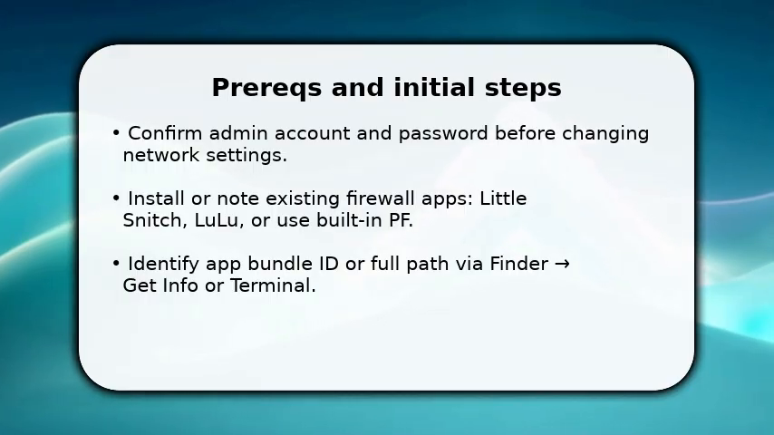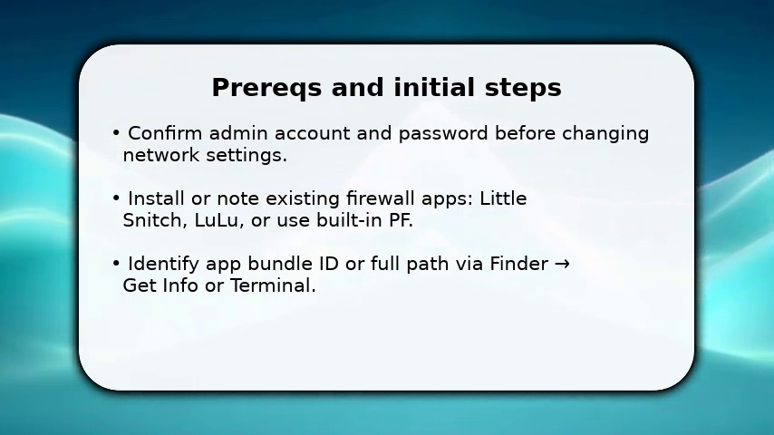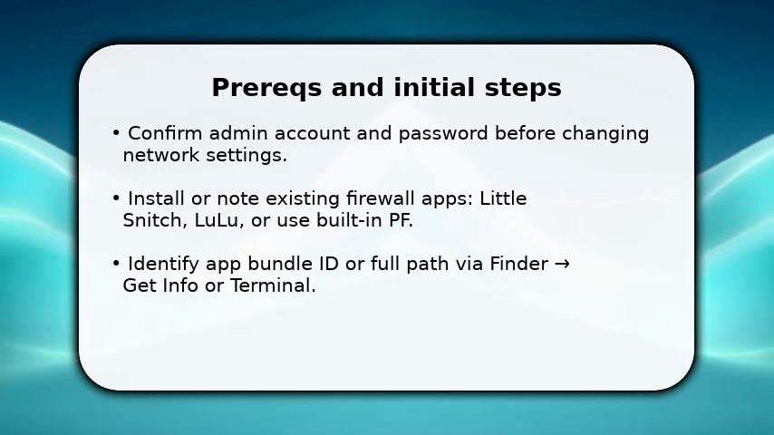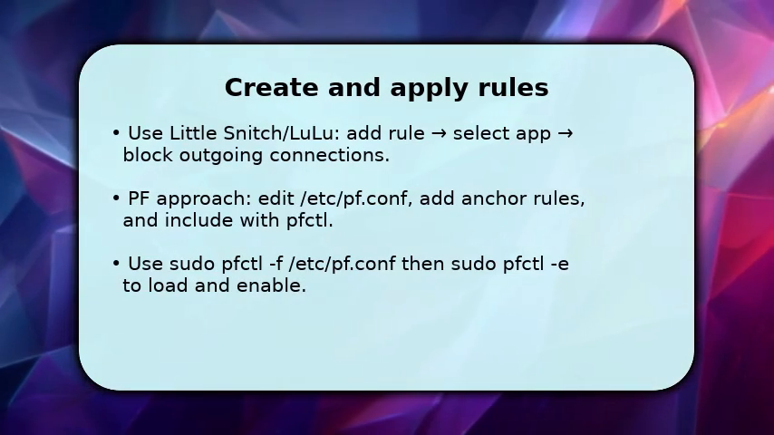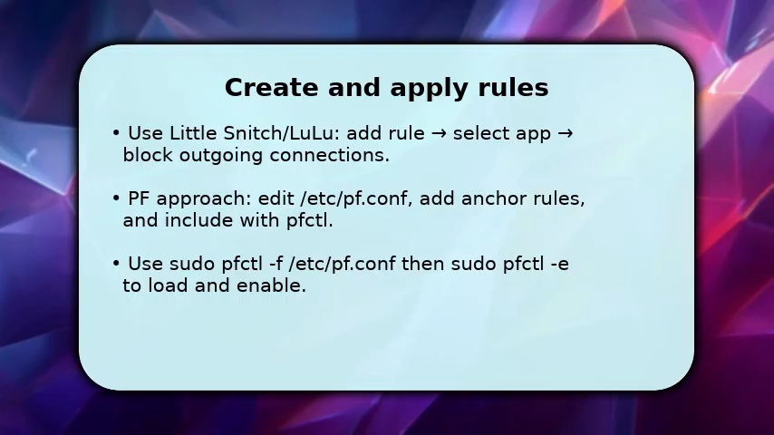Now proceed to install or confirm a firewall tool like Little Snitch, or plan to use macOS PF for system-level blocking. You will now create concrete rules. If using Little Snitch or LuLu, click Add Rule, choose the app, set direction to outgoing, and choose block for